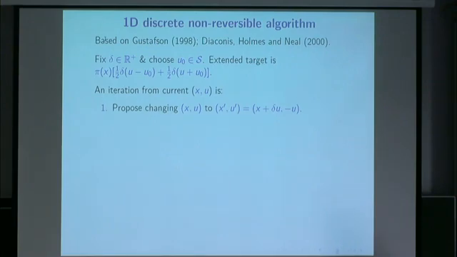So this is reversible. It's basically saying I'm here and I'm proposing moving to there with that velocity, or I'm here with this velocity and I propose to move to there. So it's a reversible proposal. And because of that, I can just accept it, just like with the random walk: look at the height of the posterior at the proposed value and the height of the posterior at the current value, and that on its own will give you a reversible algorithm. It won't do anything that's sensible, but it will preserve pi.